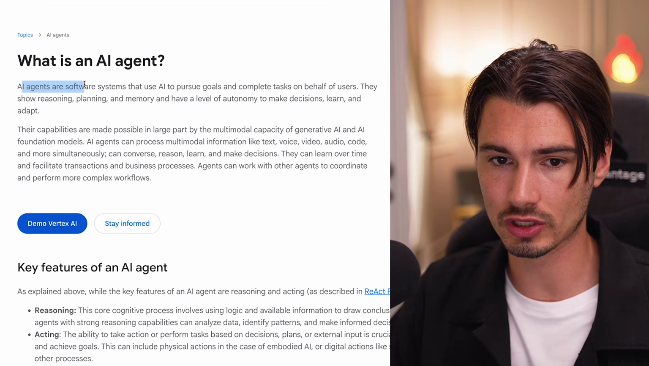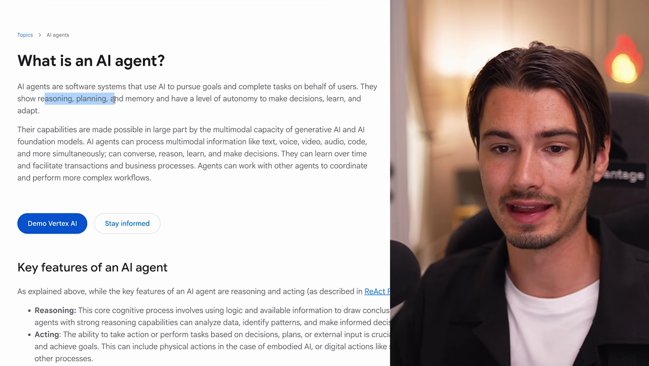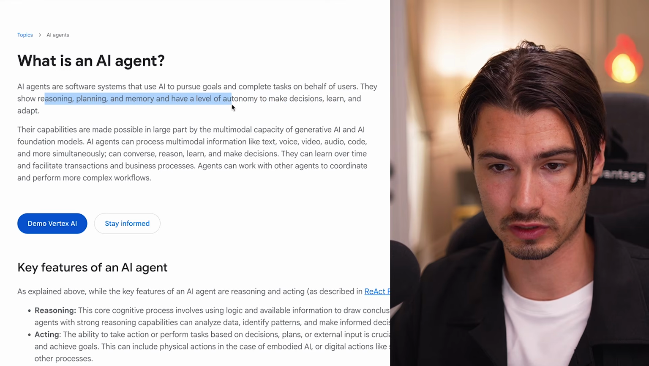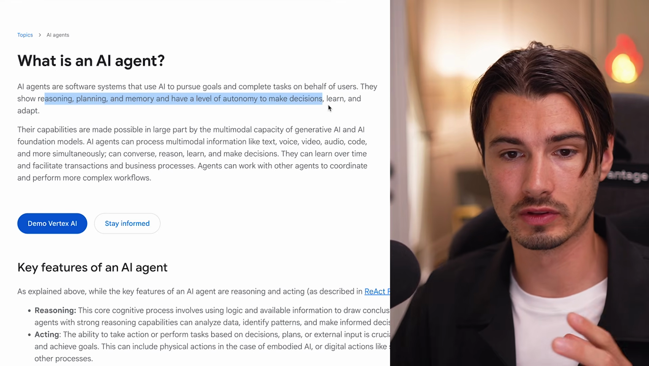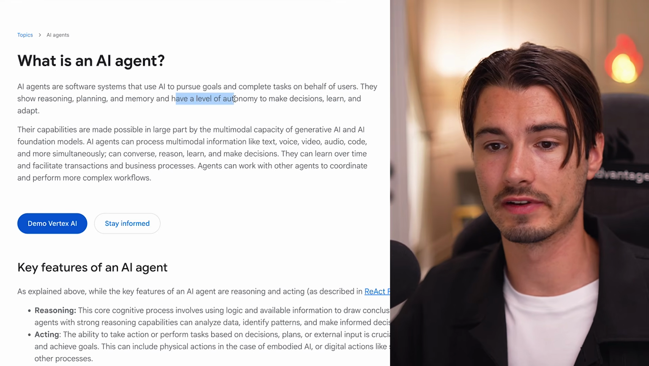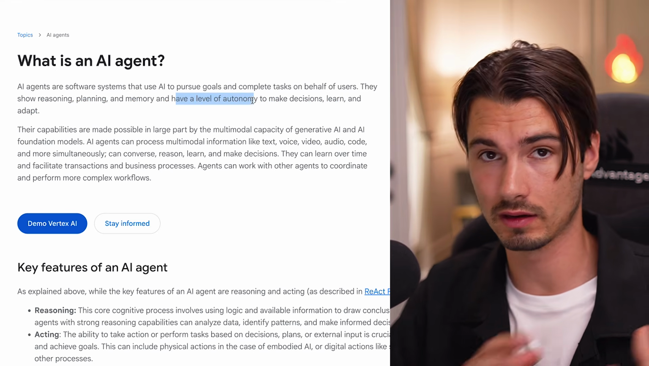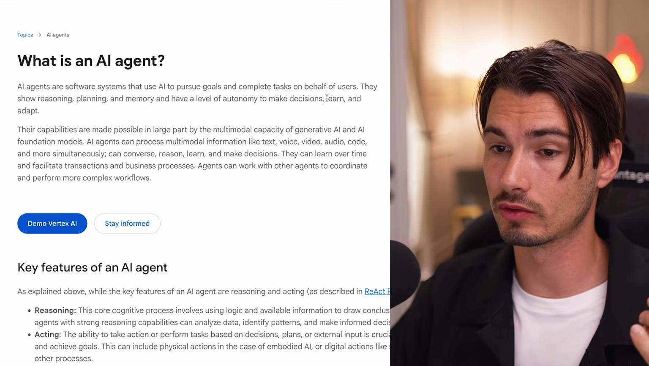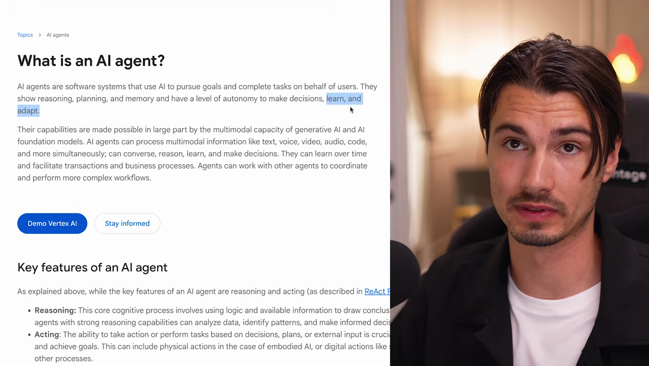And this is where they get super specific because they say, okay, it's an agent if it can reason, plan, and if it has memory and a level of autonomy. As you can see, that's way more of a narrow definition because sure, OpenAI talked about having a level of autonomy in the decision-making, how to guide the workflow, but Google is saying it's only an agent if it also learns and adapts. So I just wanted to point this out to show you that different people are going to have